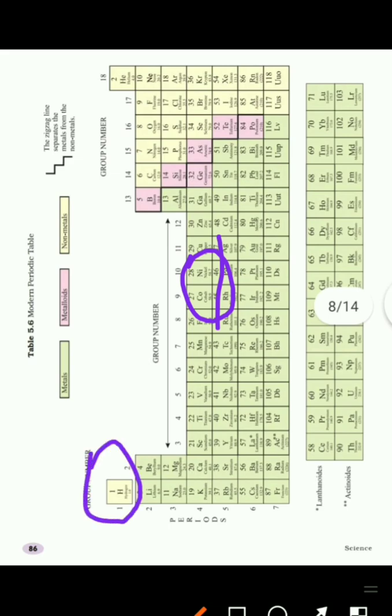But it is not considered to be a metal, nor is it considered to be a halogen. So it is given a special position in the modern periodic table, that is in group 1. In the modern periodic table, the elements in the same group have the same valence electrons and valency.